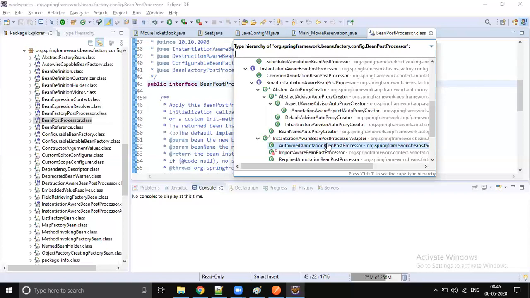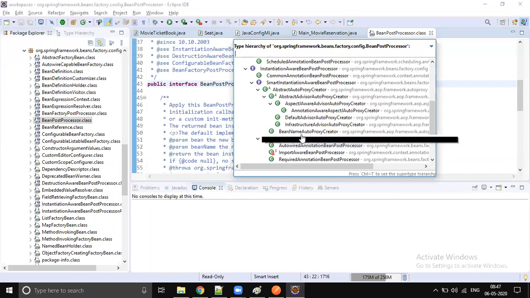It doesn't talk to a junior developer, and bean-level Autowired should be taken care of by a particular manager. So you can think of this as the manager who takes care of the @Autowired annotation.